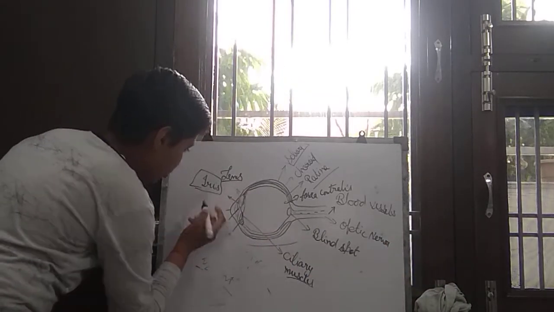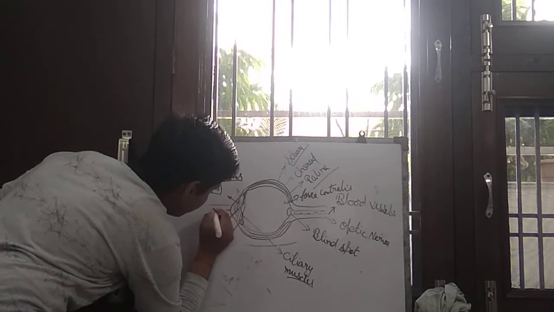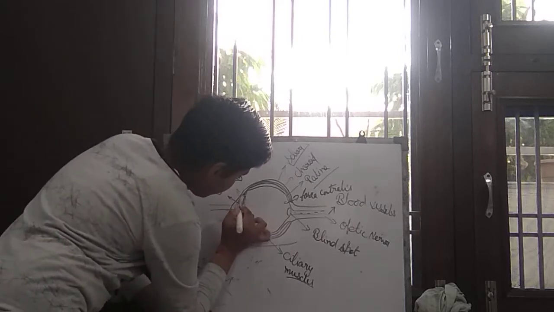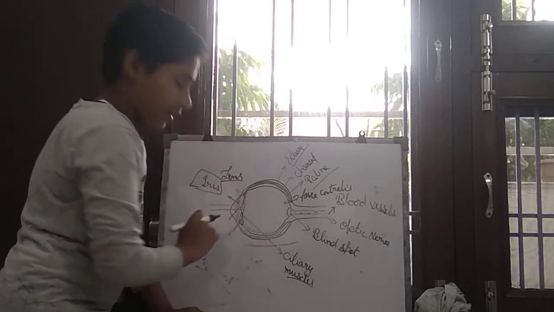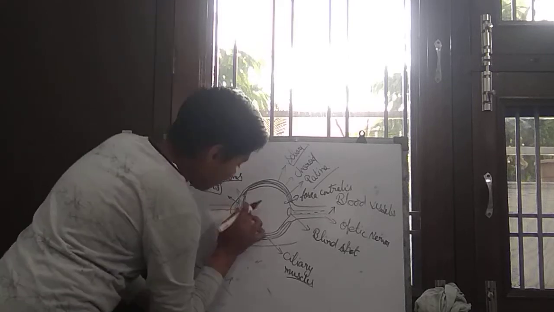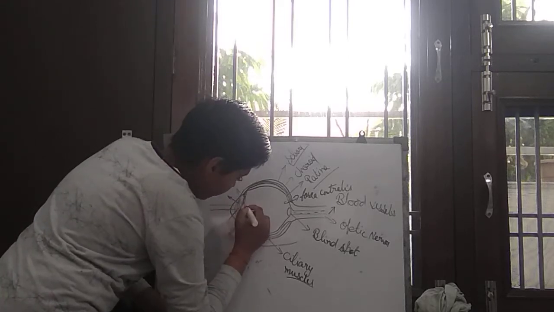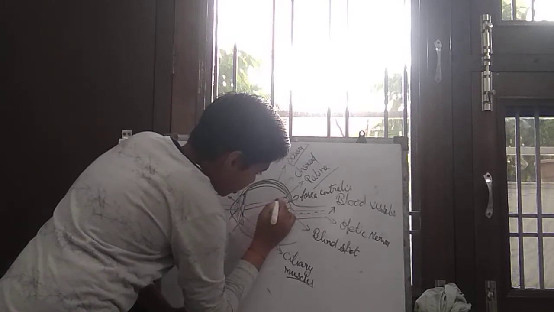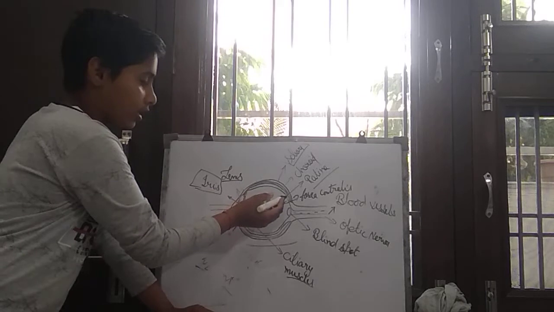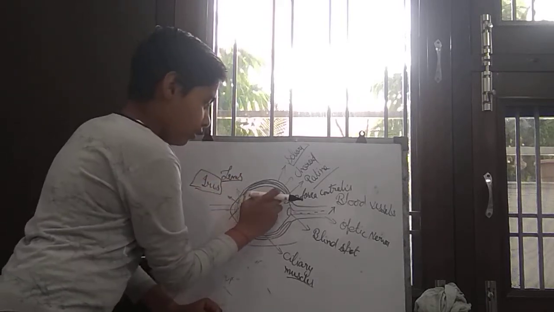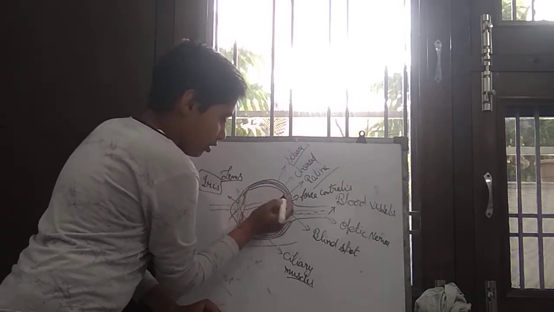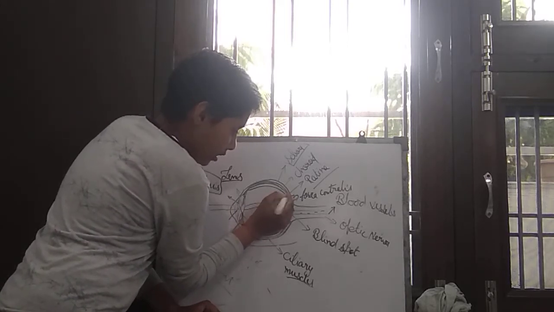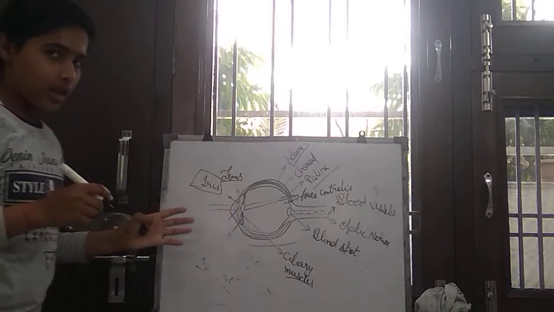Now friends, you just imagine that this is the light. This is light coming. Now friends, after it reaches the lens, the light converges to a point and meets on the retina. They meet on the retina, by which we can see things. If it doesn't meet there, if it meets behind the retina, then friends, it is a disease and it is a disorder.